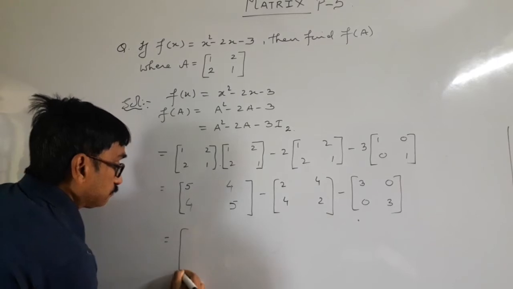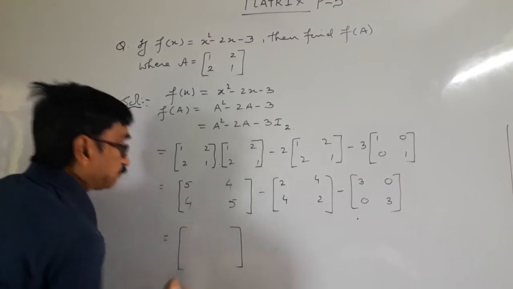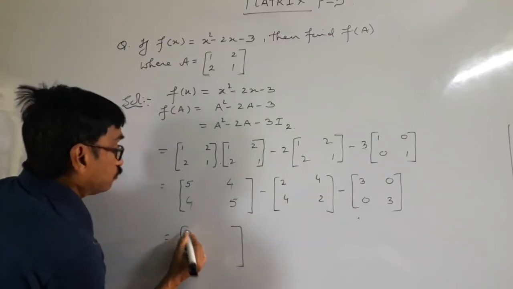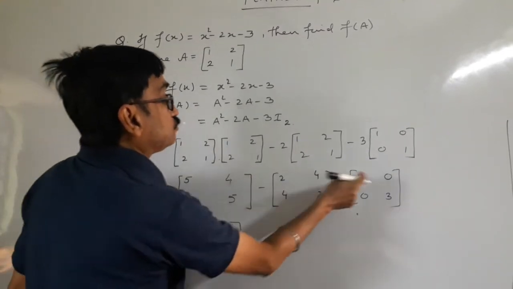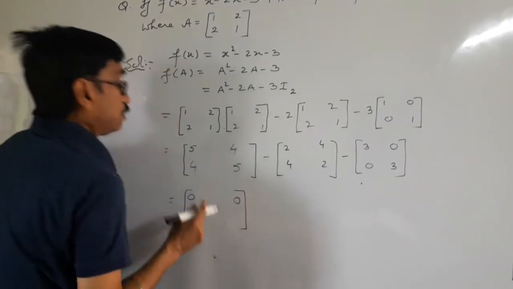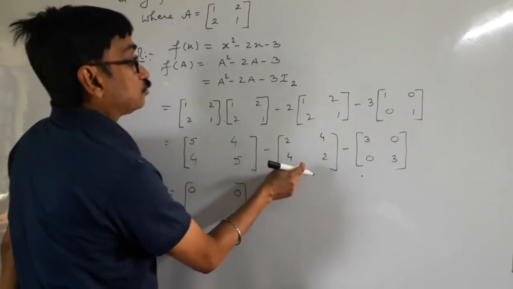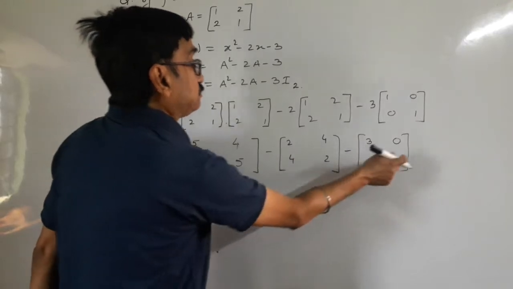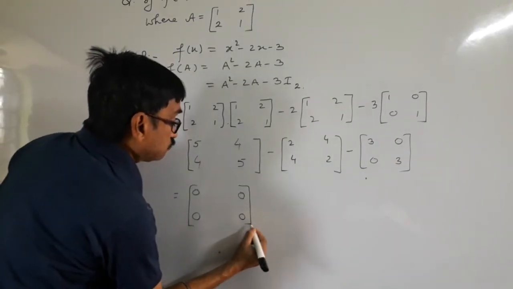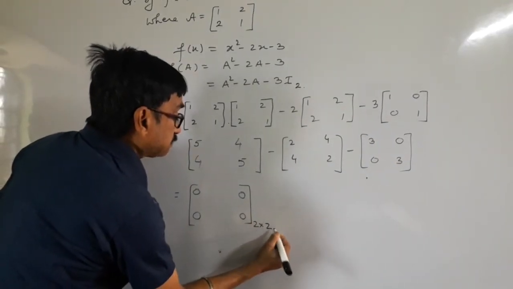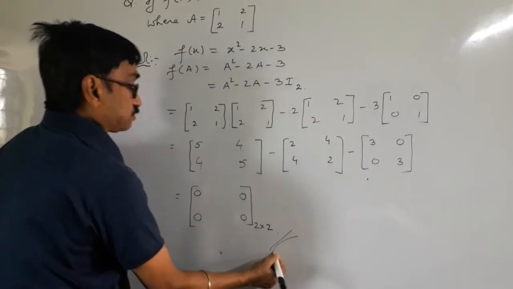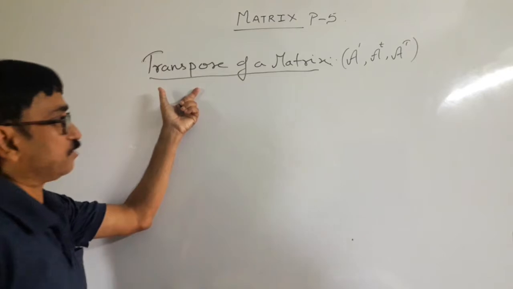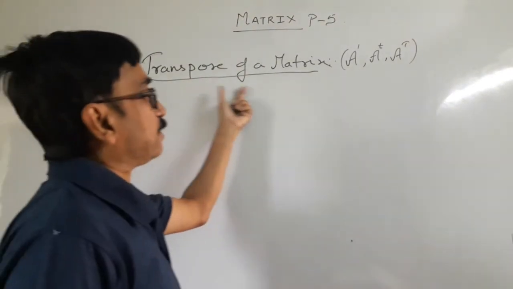Now if we subtract their corresponding elements, 5 minus 2 minus 3 is 0, 4 minus 4 is 0, 4 minus 4 is 0, 5 minus 2 minus 3 is 0, that is a null matrix. Finished. Now comes the next topic, transpose of a matrix, which can be denoted by A dash or